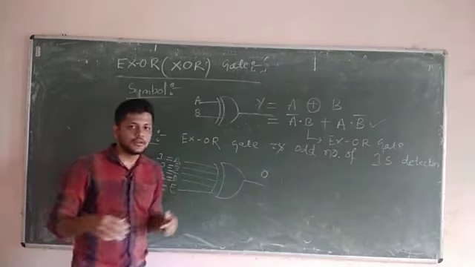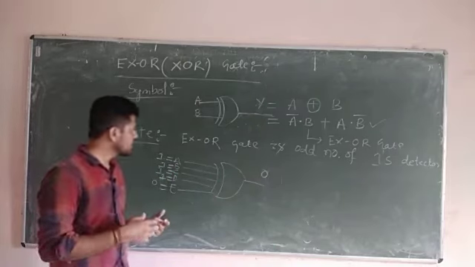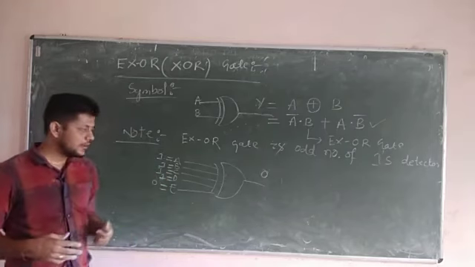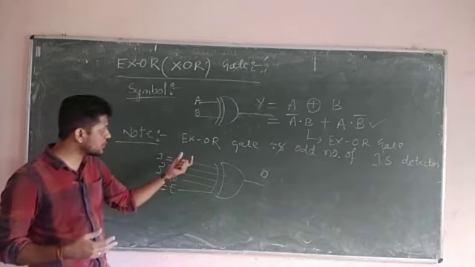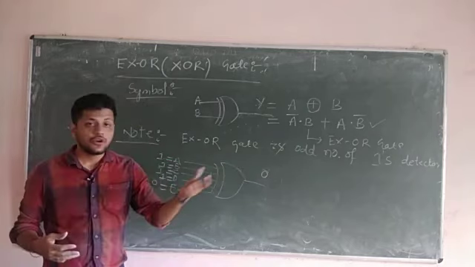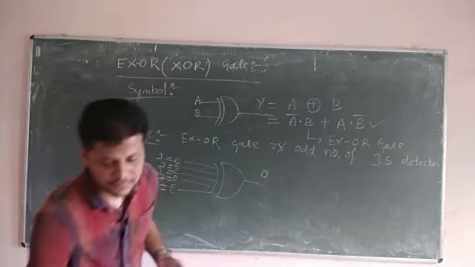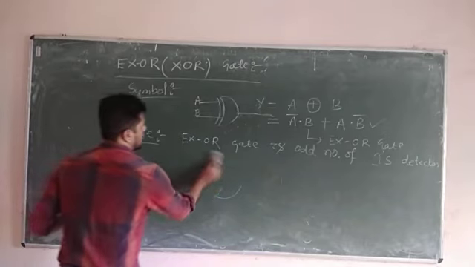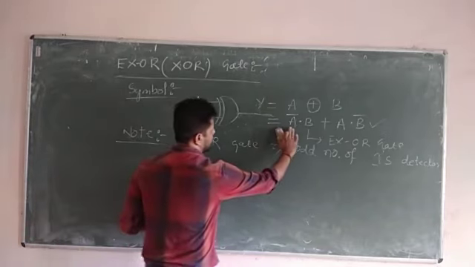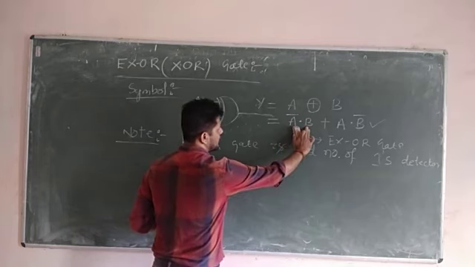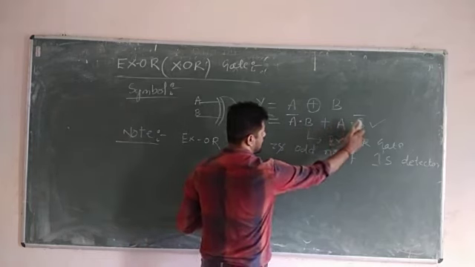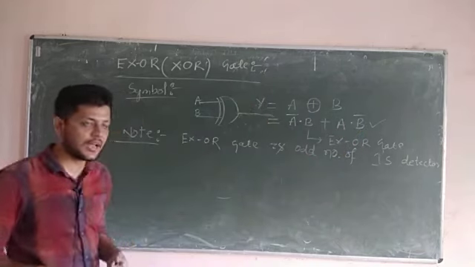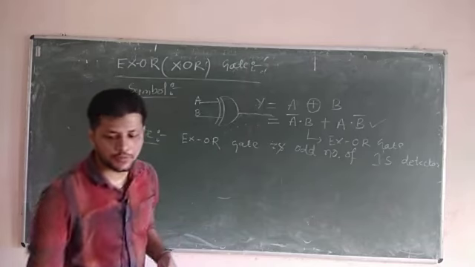That means if more than 3 or 4 inputs are applied, by seeing the inputs only we can guess the output, that is when the XOR gate will produce the output. So keep in mind that the XOR gate acts as an odd number of 1s detector. This is one of the applications of the XOR gate also. And always remember this expression: when A is 0 and B is 1, or A is equal to 1 and B is equal to 0, then only the XOR gate output will be 1. Hence this expression A bar B or A B bar comes into the picture.